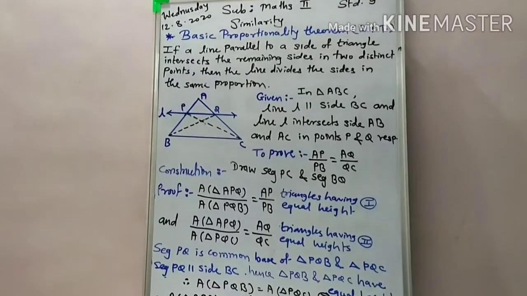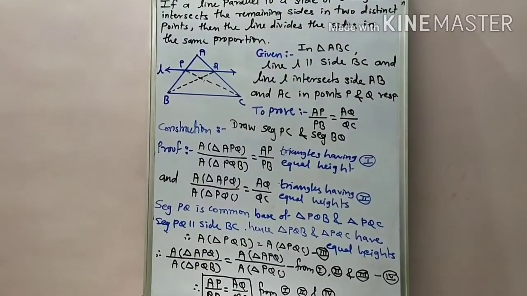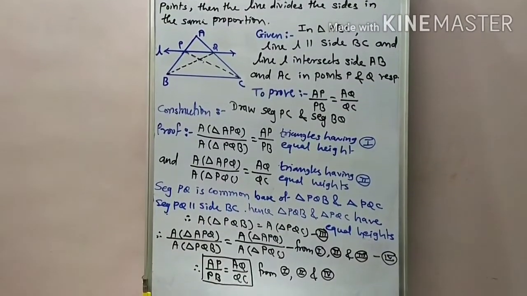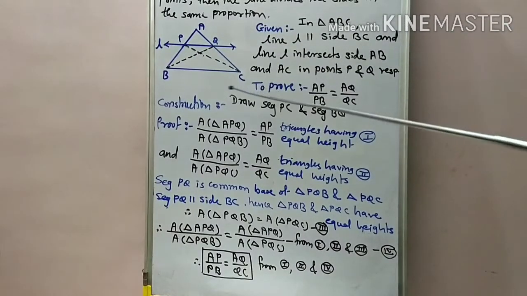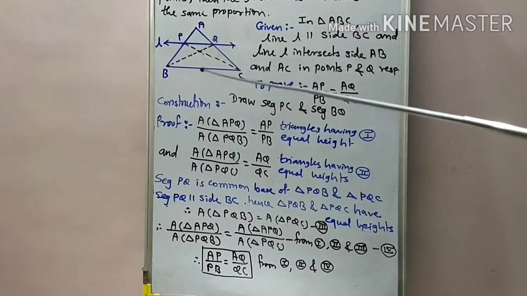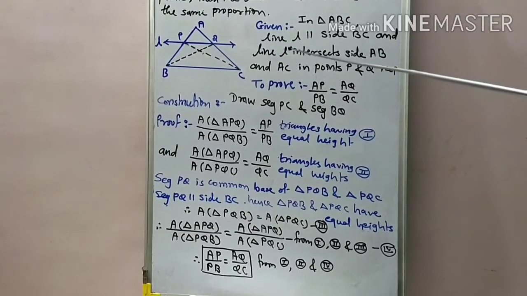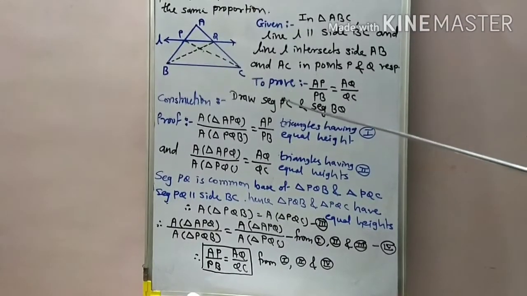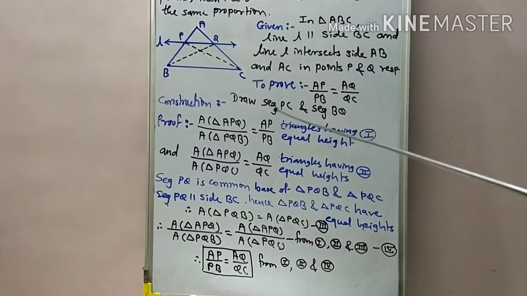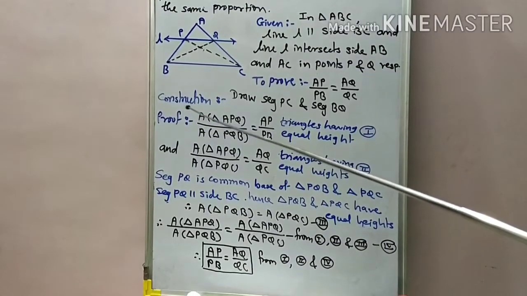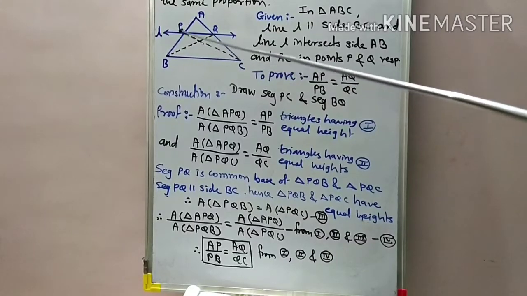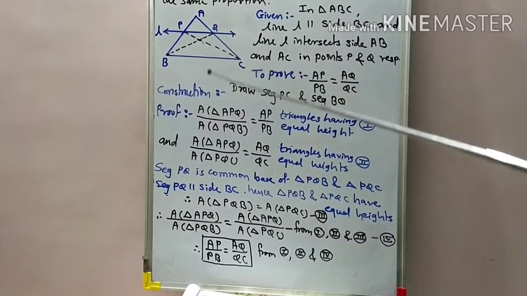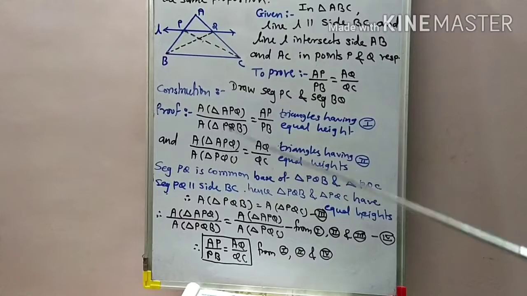Okay students, so for the 3 marks theorem asked in the exam, first we construct or draw the figure. According to that figure and the given part, we write down the given part, then we write down the to-prove part. One construction is important: you have to draw two segments, segment PC and segment PQ, because we use